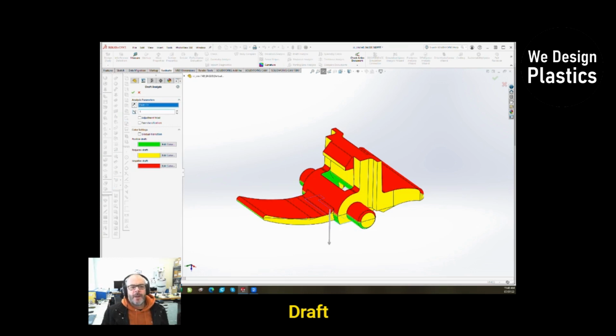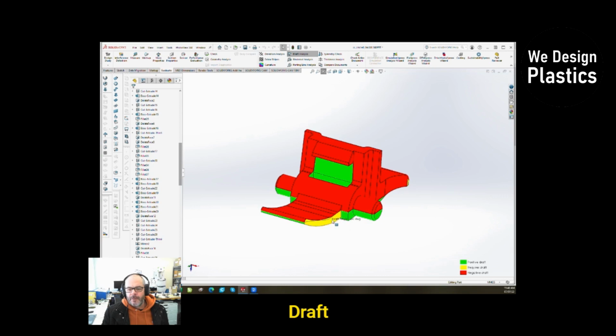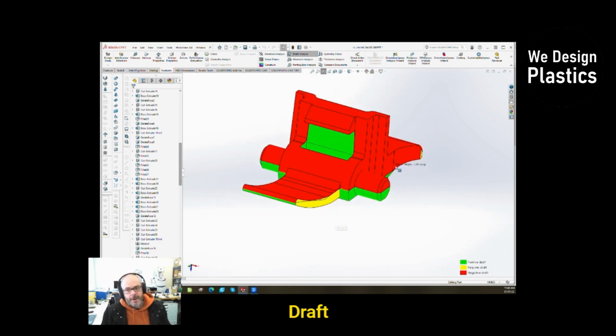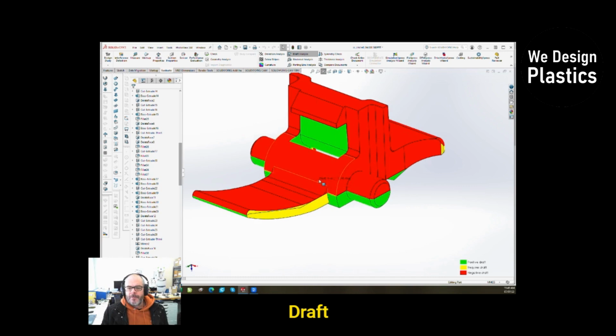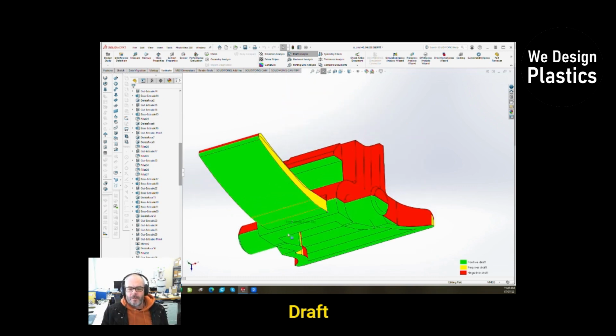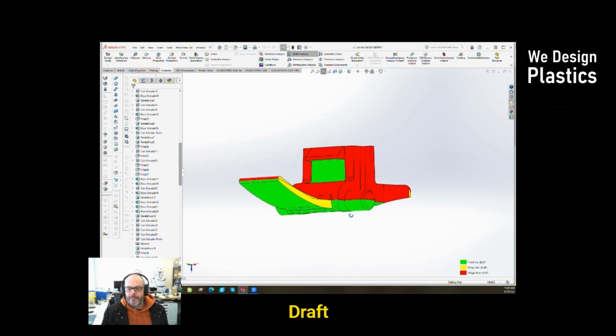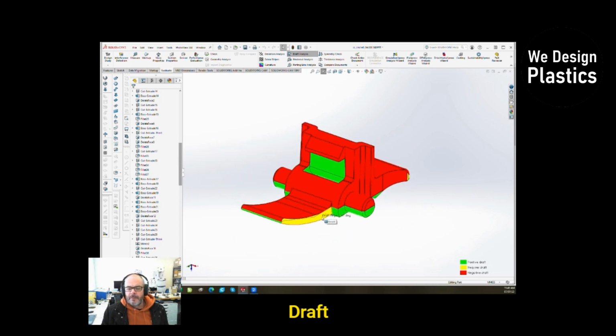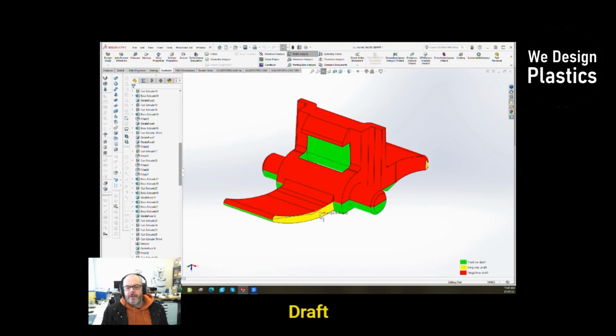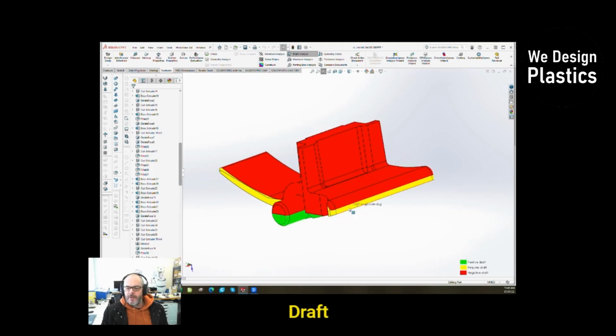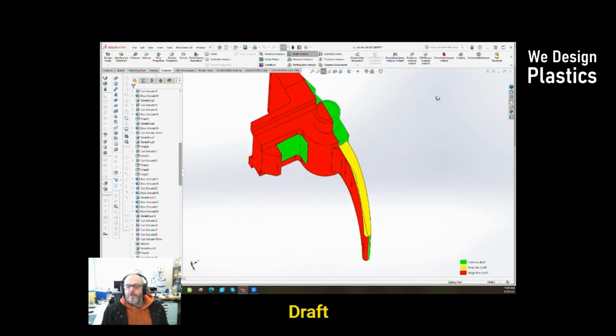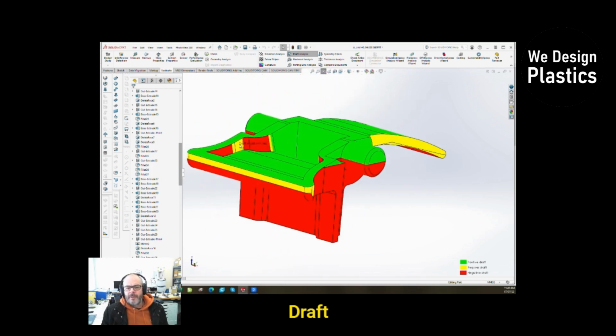I think the minimum draft we have on this part is 1 degree draft. So the red detail shows the detail is moulded by the tool on the top. The green is what's moulded on the tool on the bottom. Yellow, as we can see, is 0 angle draft, or less than the 1 degree that I gave. So there's no draft on this detail yet. And there's also no draft on this here too. But also, underneath this little detail here, there's no draft there, or it's less than 1 degree,